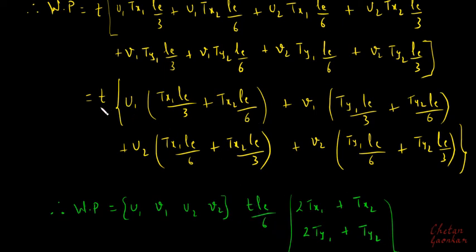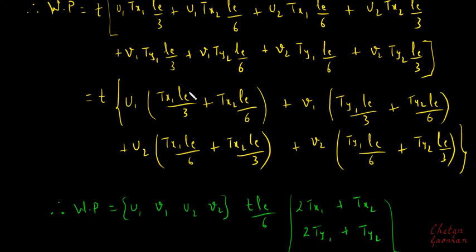So basically what I will get here is t le by 6. Now since I have brought out the t multiplied by le by 6, here we had only le by 3, so I will have to multiply this by 2, right? Because if I take this inside, now I will get it as tx1 le by 3, which I have here. Similarly, if I multiply this term with this, I will get here tx2 le by 6, which I have here.